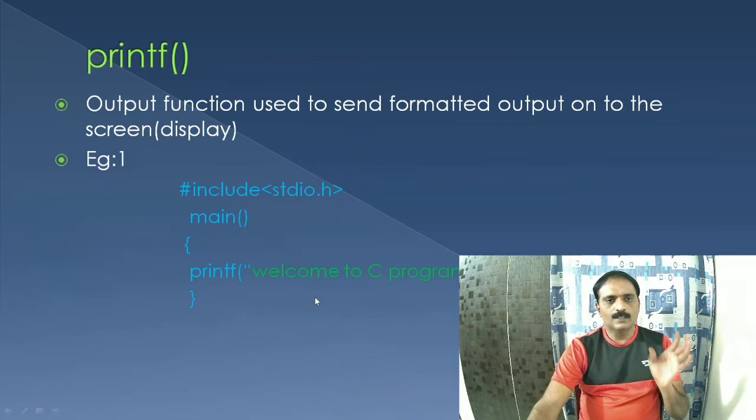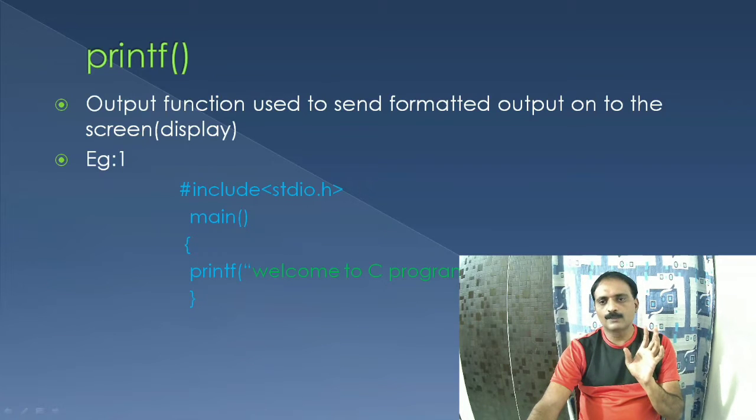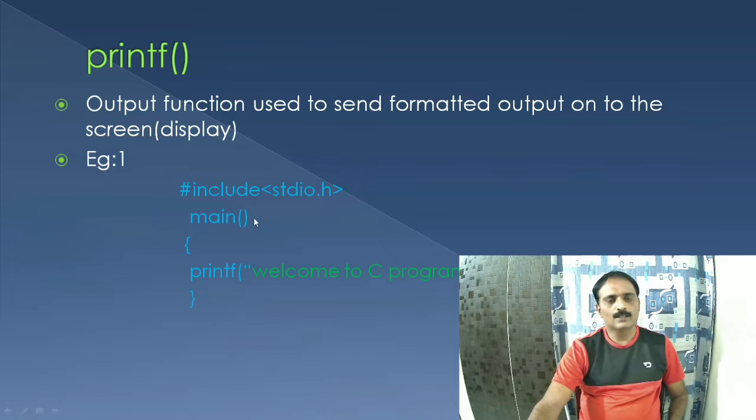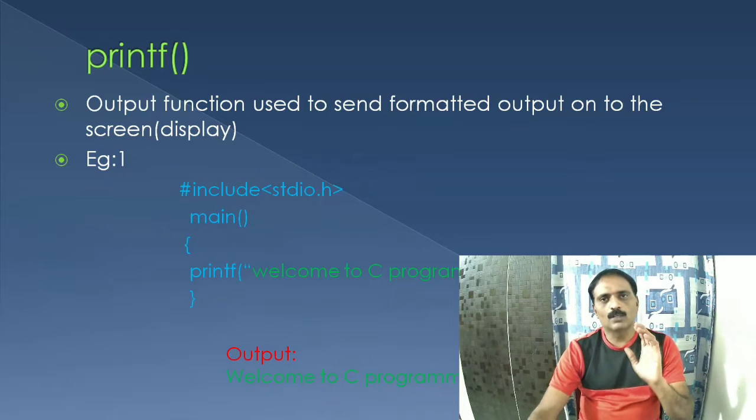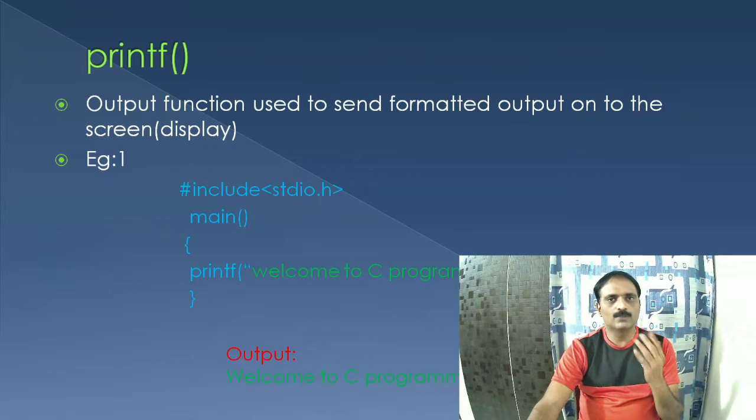Here, what the printf statement does for us is simply display whatever is written within the double quotes. Okay, so here we have to use the stdio, standard input output header file, and the format is #include <stdio.h>. So the output is whatever we have written in the quotations, and that will appear as the output. This is one of the ways in which we can use the printf statement.